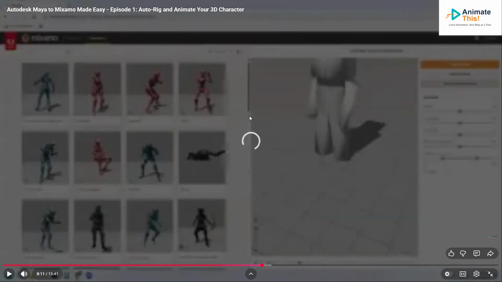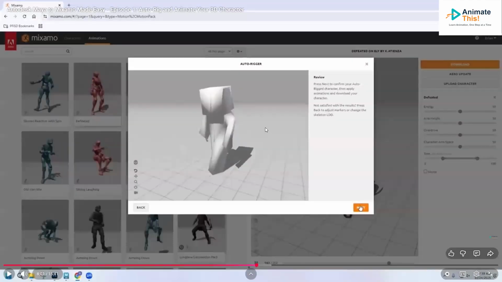So for this little series, I'm going to show you how to actually make the character using, excuse me, the